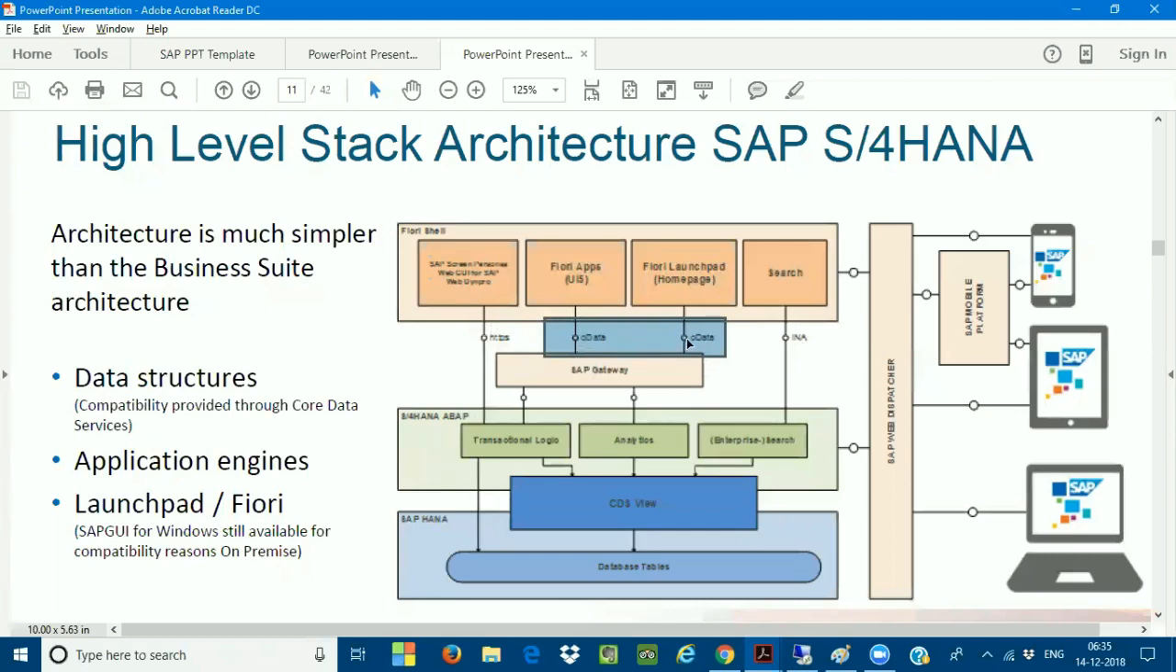So who will take this OData connectivity? UI5 consultants will be working in your company. So these people are going to be taking the